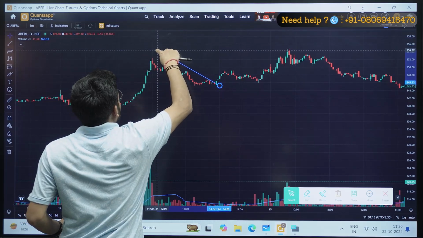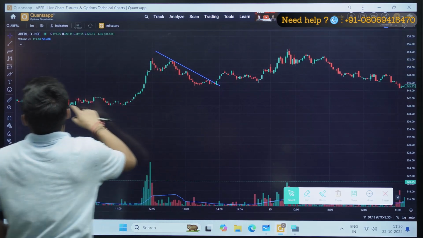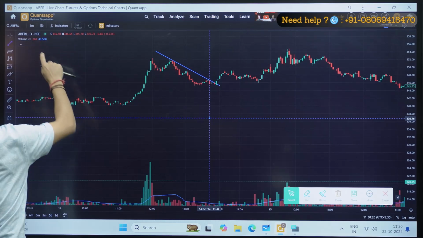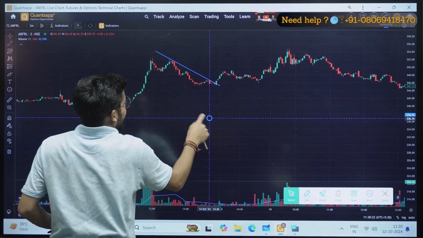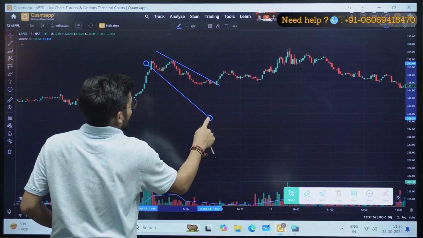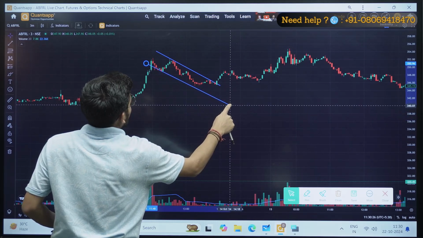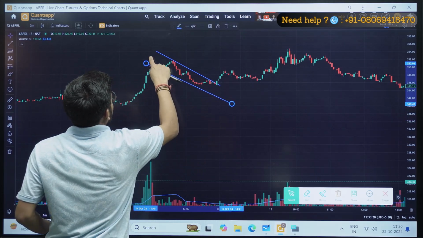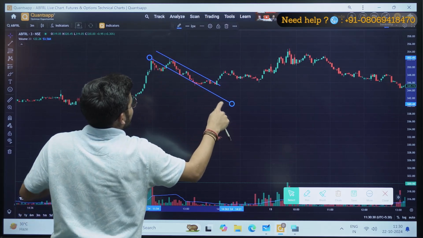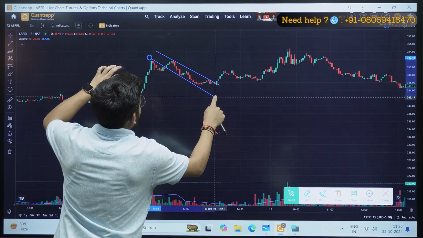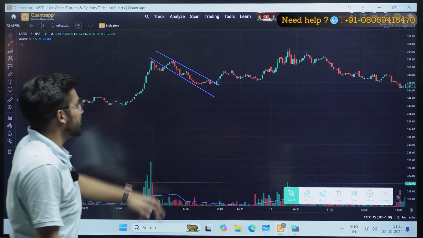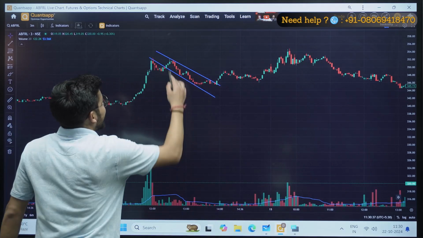You can see I have drawn a line in the upward direction. Similarly, I will draw another line in here as well. So it will show me a channel. You can see there was a channel and that channel was something like this. Okay, so a channel was created here at this point of time.